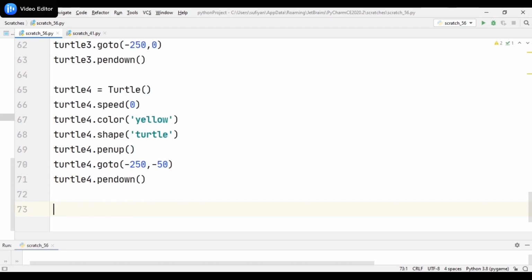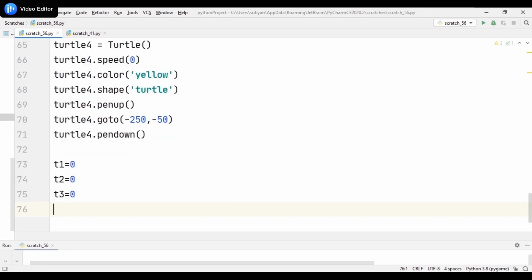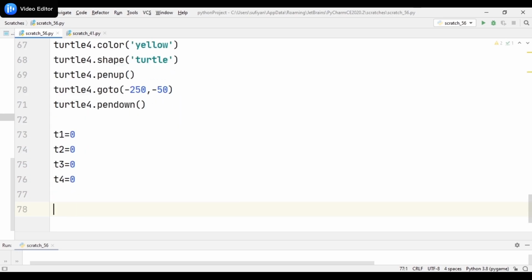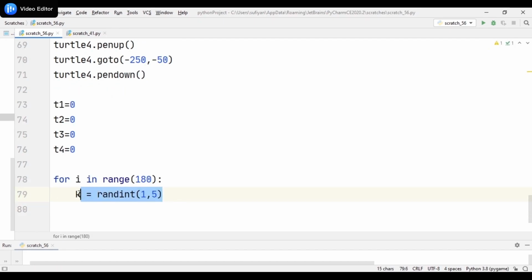Then we will create some variables and initialize them with 0. T1 equal to 0, T2 equal to 0, T3 equal to 0, and T4 equal to 0. Then we will create a for loop, for i in range 180. In this for loop, we will add some variables, k equal to randint 1, 5. So a random integer between 1 and 5 will be stored in the k variable. I will copy this line and paste it 3 times.